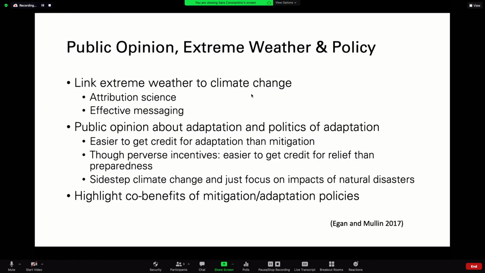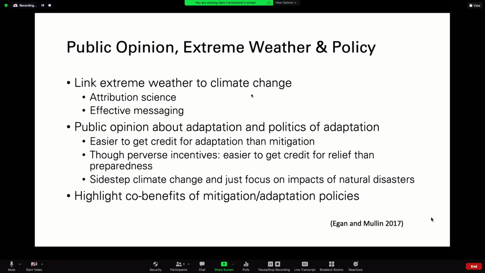And I'm just going to end on this slide. There's this paper that makes some suggestions about how we can take what we know about public opinion, polarization on public opinion, and experience of extreme weather events, and how policymakers might use this. The suggestions are that extreme weather events need to be linked to climate change using effective messaging, so maybe climate brokers, using attribution science, which has evolved